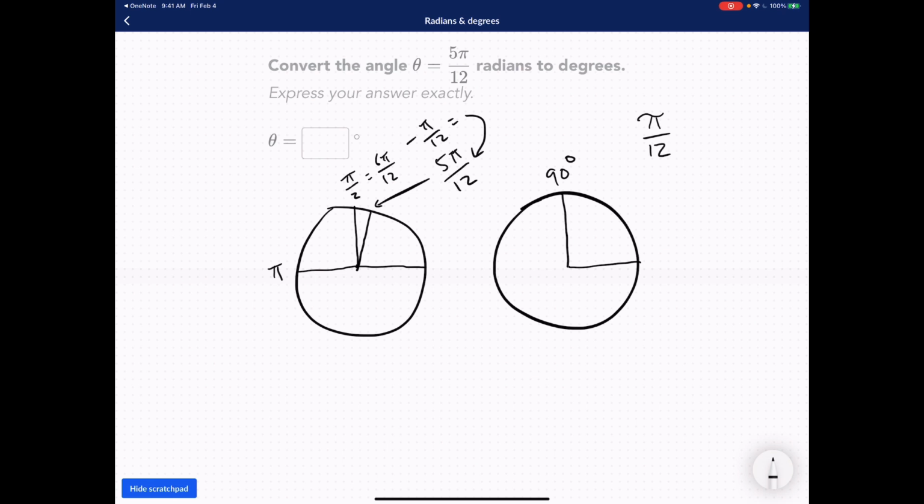Okay, let's take a look. I think we know that pi over 12 is also